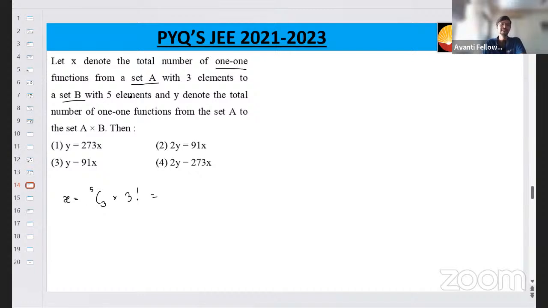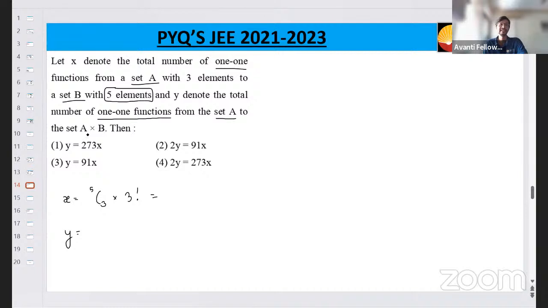Therefore 5C3 means selecting 3 out of these 5 elements from set B, and 3 factorial means arranging them in different combinations. So 5C3 into 3 factorial, and Y will be interesting because Y is the number of 1-1 functions from